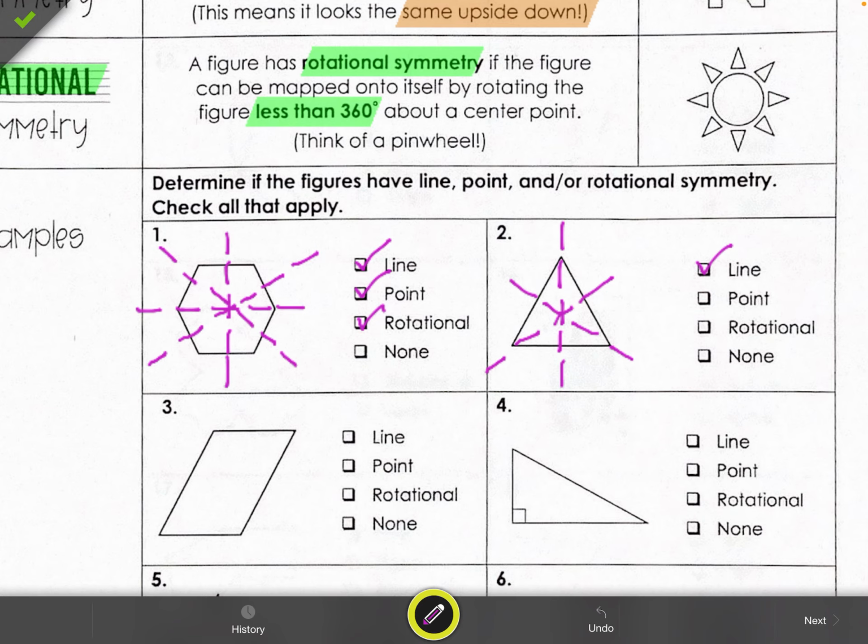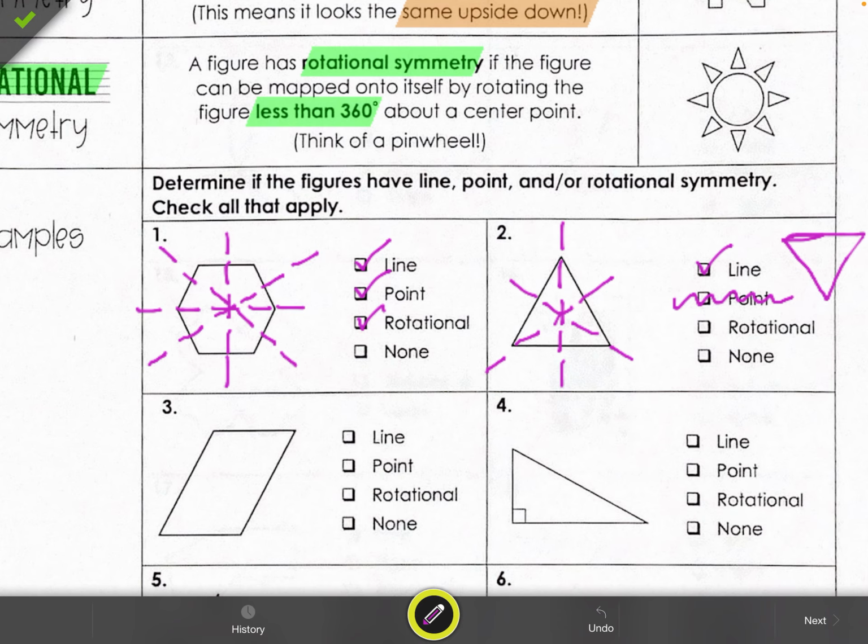And what you realize when you rotate it 180, your triangle actually looks like that. Okay, and while it's still a triangle, it does not look like the picture that we started with. So it does not have point symmetry. Okay, does not have point symmetry. Now we have to check if it has rotational. We know we can't rotate it 180 degrees, okay, because that gives us a different perspective or picture of the